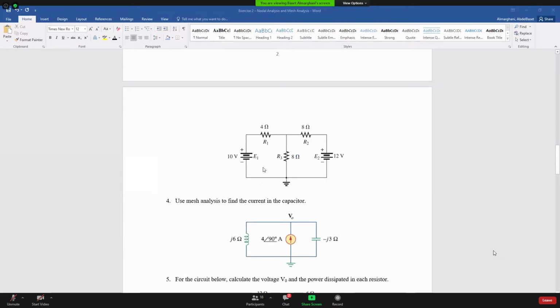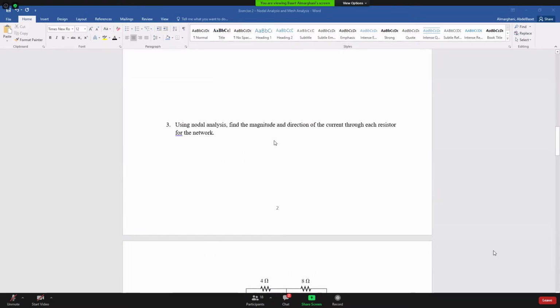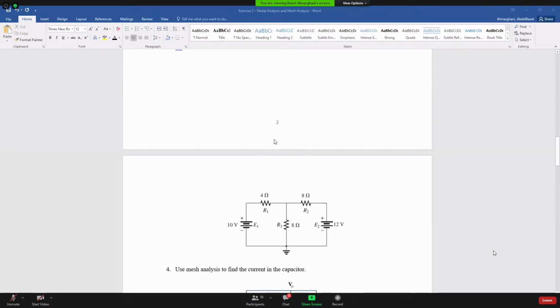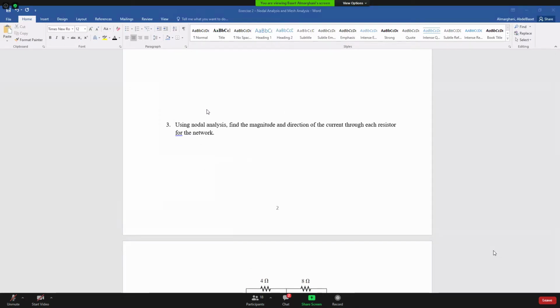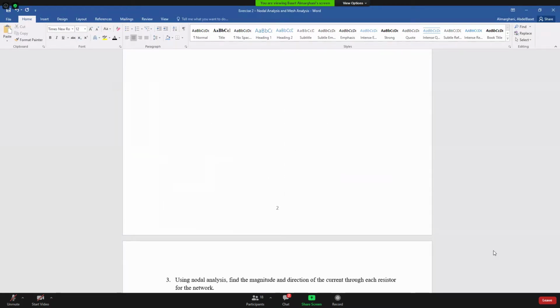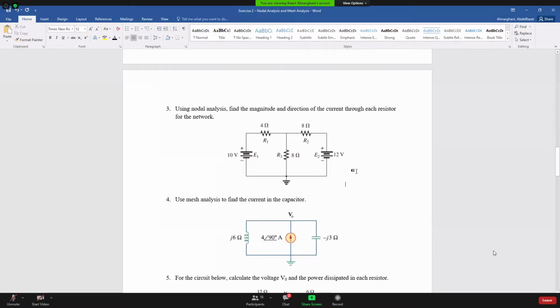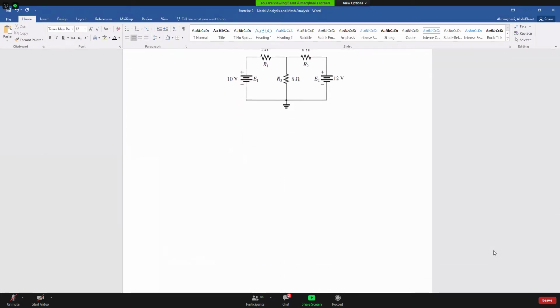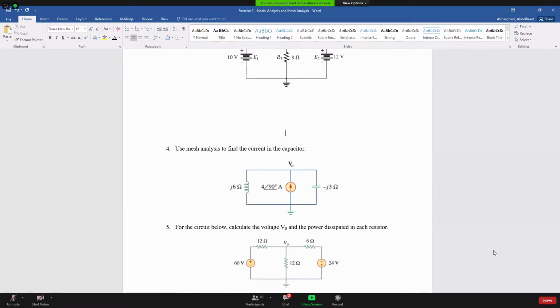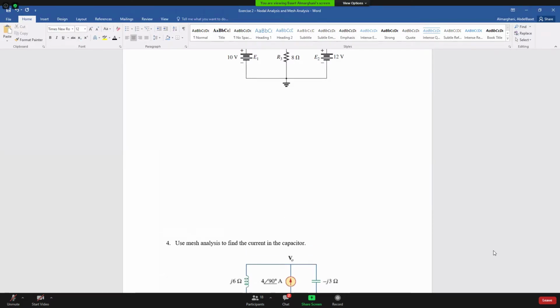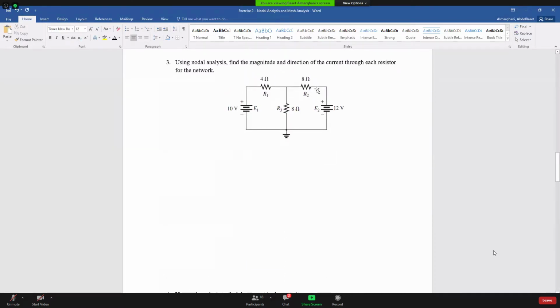This is another one. This is similar to the lab question, okay? This one is nodal. It's similar to the lab question. This is the lab question basically. So let me just do this. So this is the lab question here. Use nodal analysis to find the currents, okay, voltages, whatever, in the